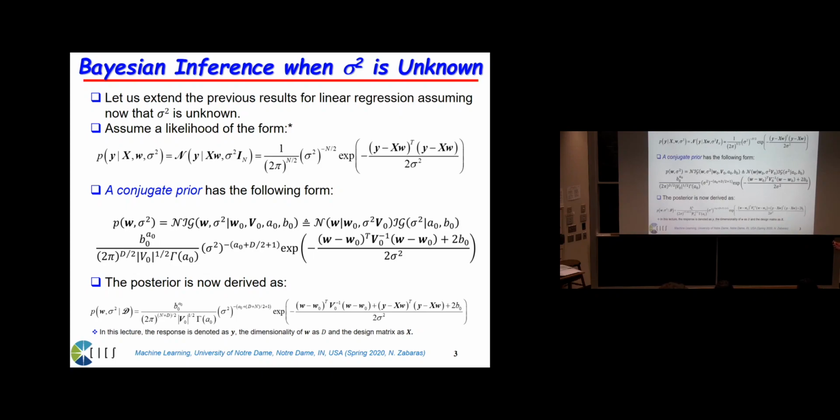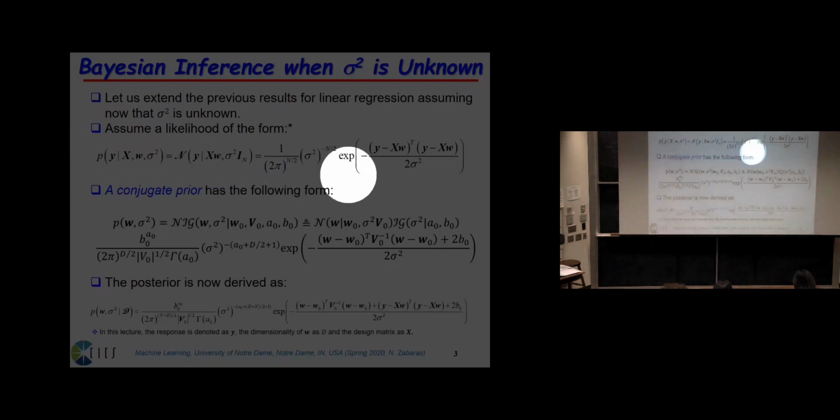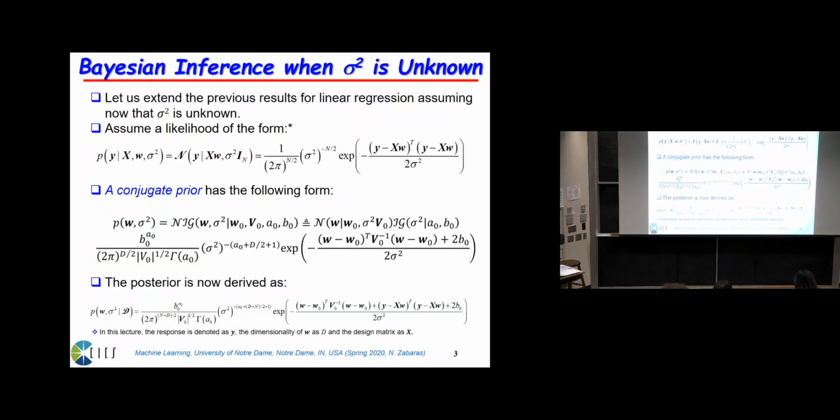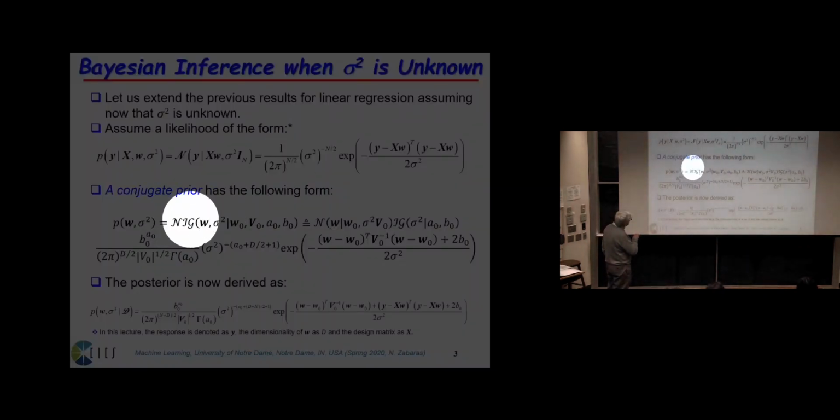Let me go fast where we stopped last time. We wrote the likelihood for a collection of n data points in a very compact way, and I ask you to verify that this is nothing new, okay? So that's the likelihood for n data points. And then we assume a conjugate prior, and the conjugate prior here is a normal inverse gamma distribution defined by